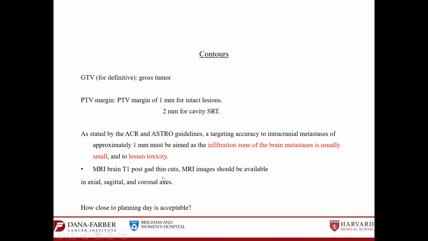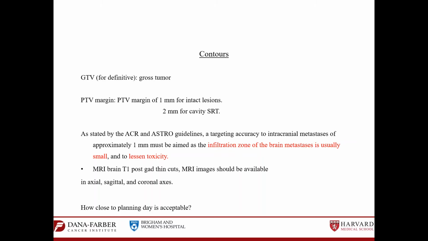Okay, now for the contours. Your GTV is guided by the T1 post-contrast enhanced part. I would recommend you zoom in when you're delineating those lesions. Just zoom in, make it bigger, and try to chase the contrast enhanced area as much as you can. Even if you see it hazy at the borders, chase the hazy enhancement rather than